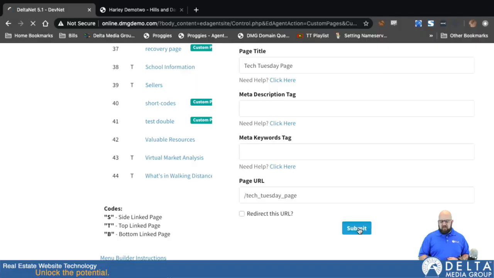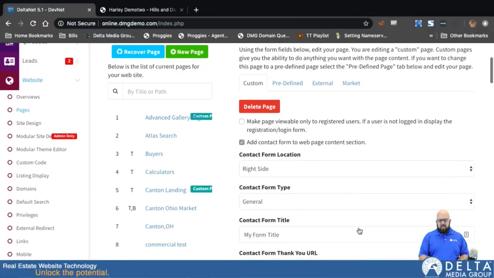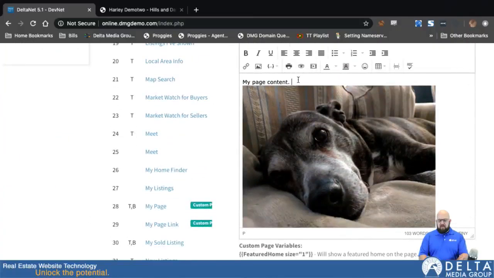So I'll uncheck that, hit submit, and there we go. So our page is created. You can see now we have the option to delete the page. Now if I go down here and make some changes to it,